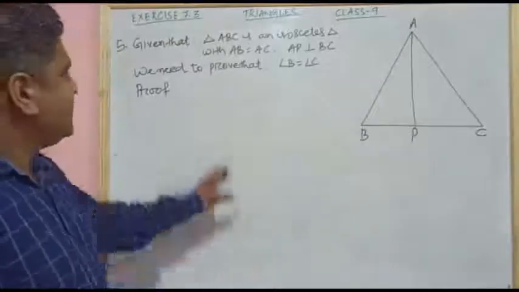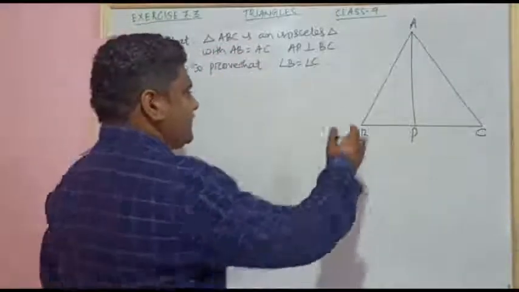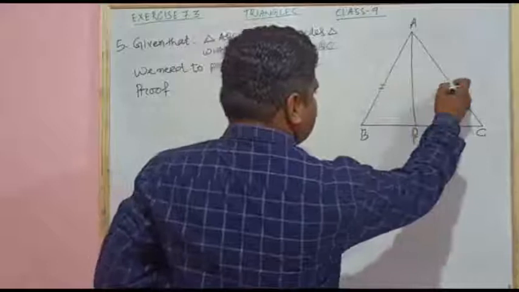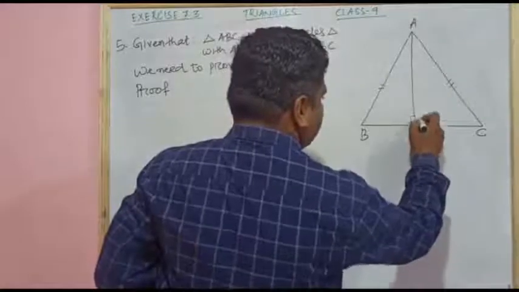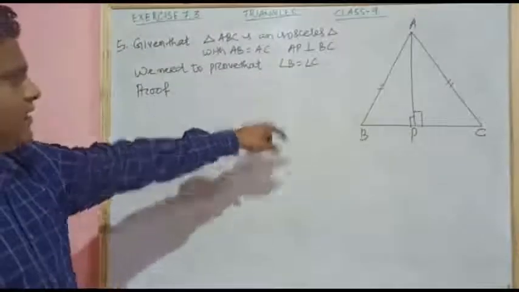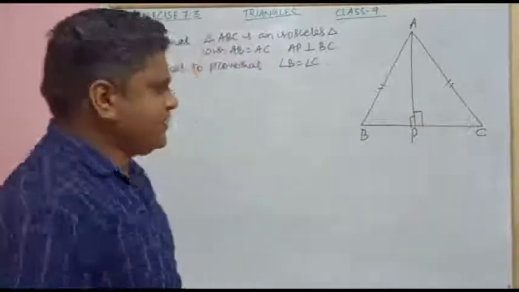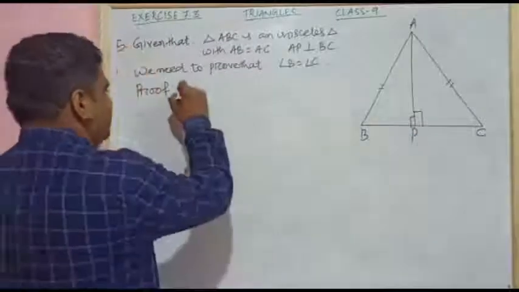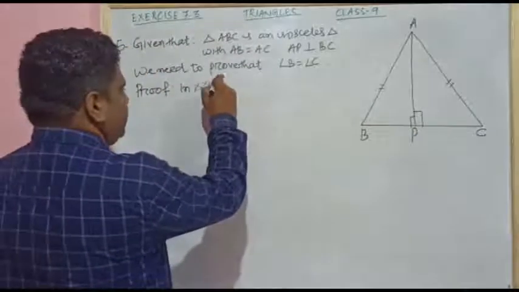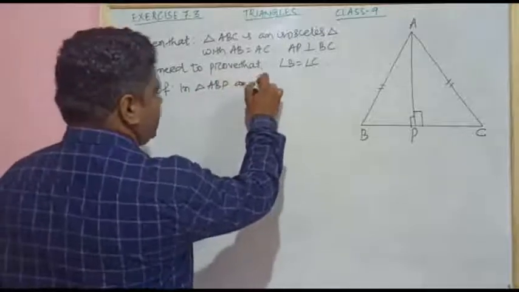Number 5 is, it is given that triangle ABC is an isosceles triangle with AB equal to AC and AP is perpendicular to BC. We need to prove that angle B is equal to angle C. These two are equal. We need to prove it. So in triangle ABP and triangle